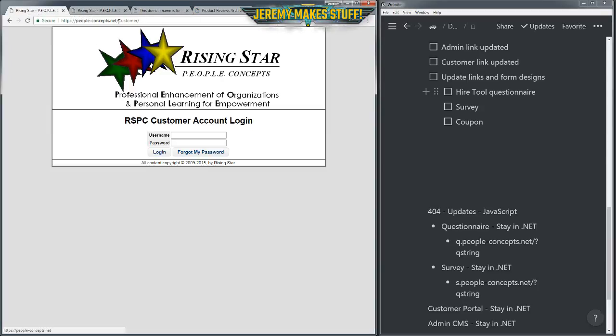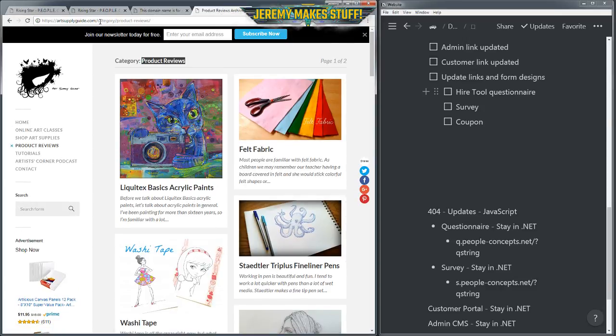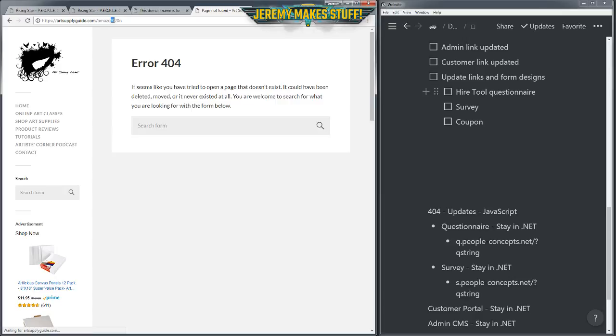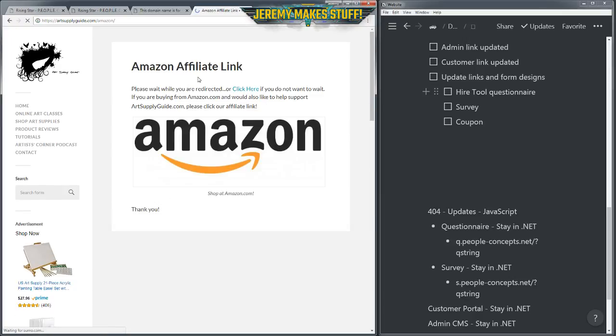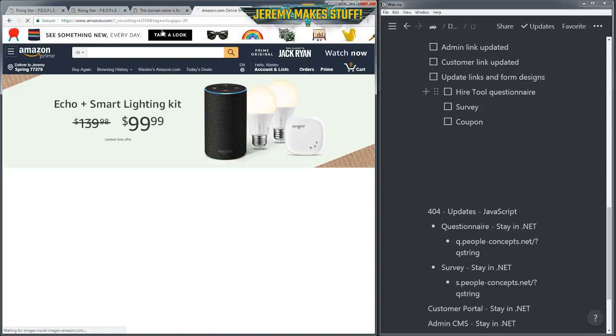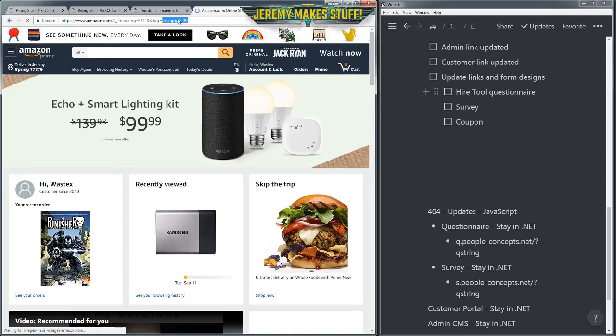So right now, if I go to artsupplyguide.com/Amazon, whoops, no space, it comes to this page that says Amazon affiliate link, and it automatically starts to redirect with the Art Supply Guide affiliate tag in there.